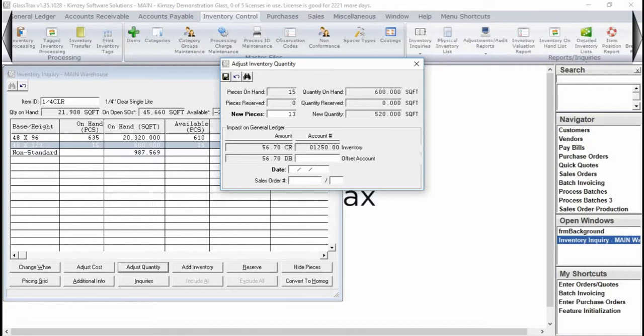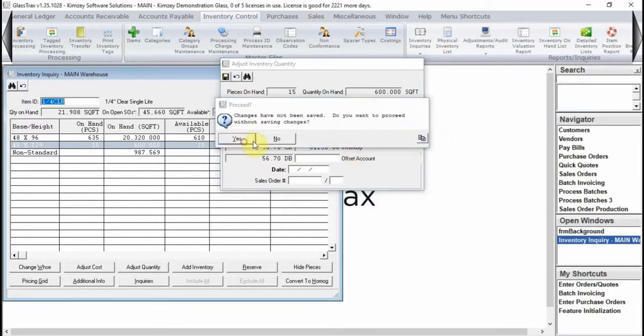And it's going to credit your inventory and debit an offset account. Now this would be your inventory adjustment account or inventory variance account once again. Put in your date, and when you hit save, it's going to update your inventory accounts as well as your inventory account so that you are in balance as well as having an accurate reflection of your value of inventory. So those are the three ways to add inventory to